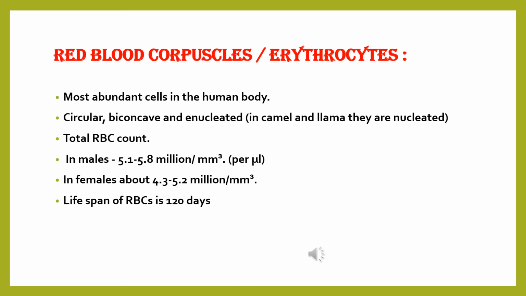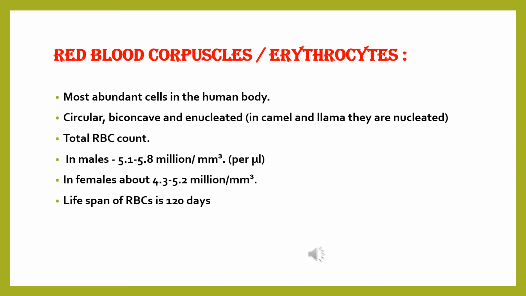So today in this video we are going to learn about RBC, which is also called red blood corpuscle or erythrocyte. Now these erythrocytes are the most abundant cells in the human body. They are circular in shape, biconcave and enucleated. Means at the time of formation of an RBC in different organs, the RBCs show the presence of a nucleus. But when the RBC gets mature, during the process of erythropoiesis, the nucleus